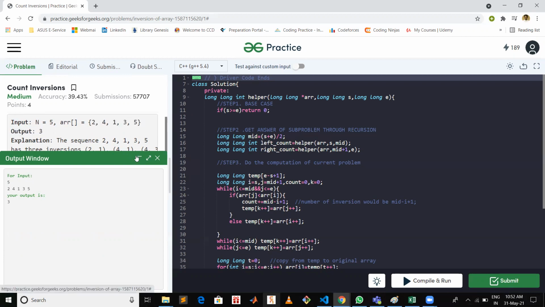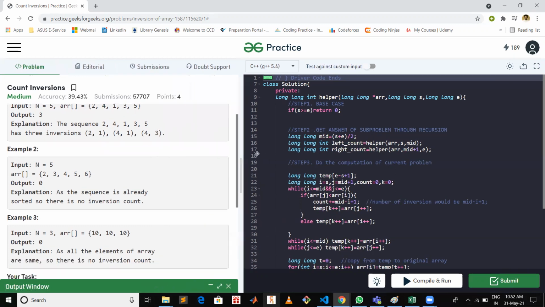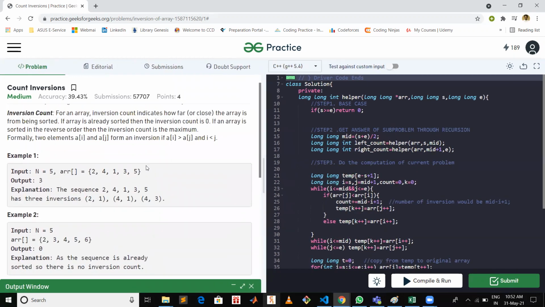Now let's see how we went through this problem. We will try to debug for this particular test case now. All right. So right now this is our starting position and this is our ending position. We check if s is greater than or equal to n. So s is not greater than or equal to n.